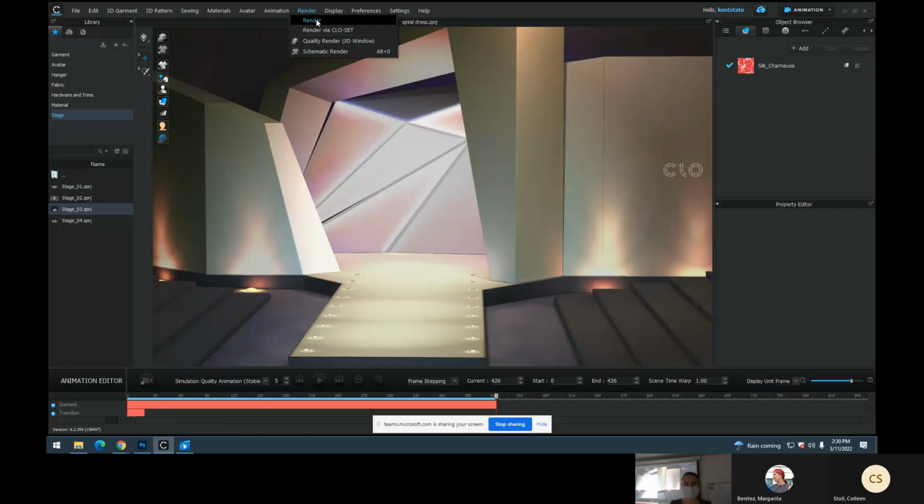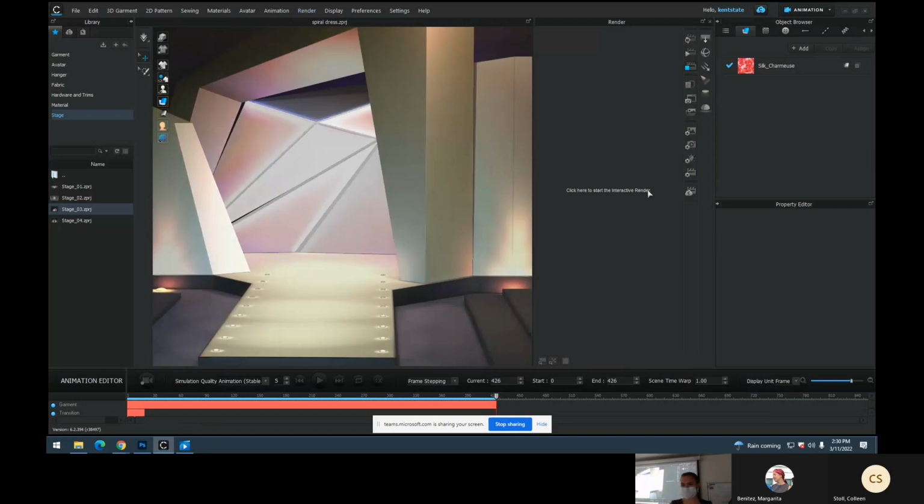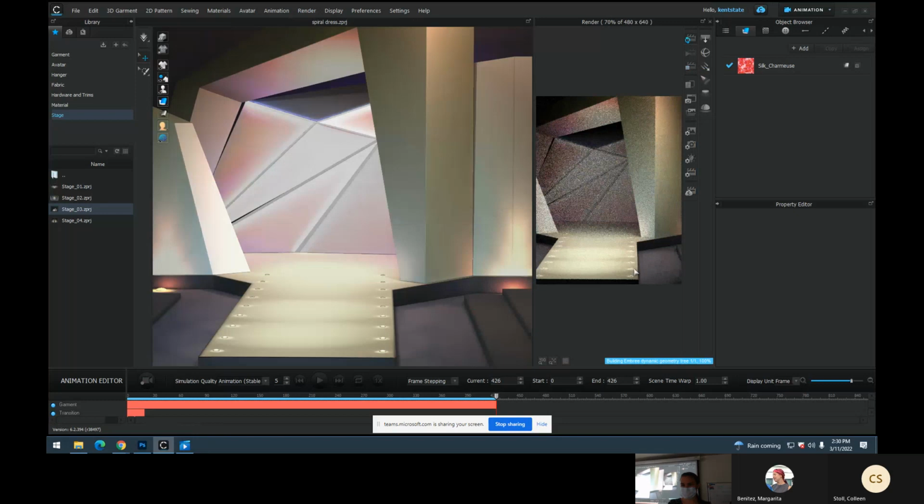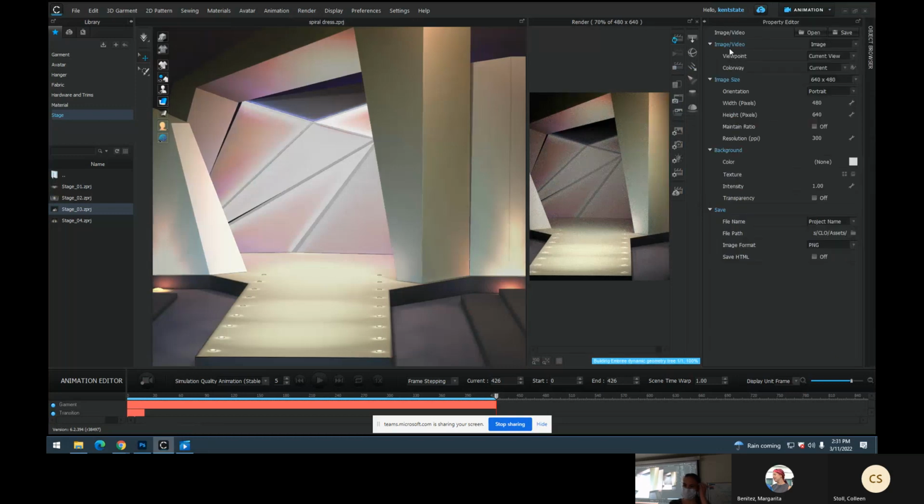So I'm going to go to render, and you'll get this. You actually have to click on this to start it. It takes a moment. And if we play this, you'll see we're going to play the model in there. You'll have these different options here. If we click on this, then we get different editing options over here. Just close that up. So you can see the image, the video,